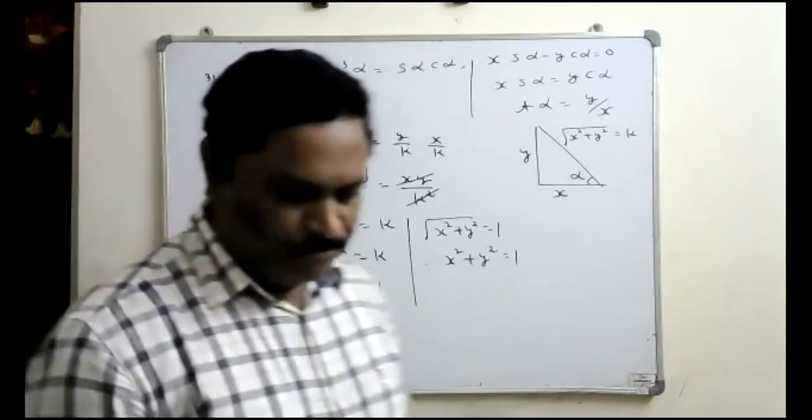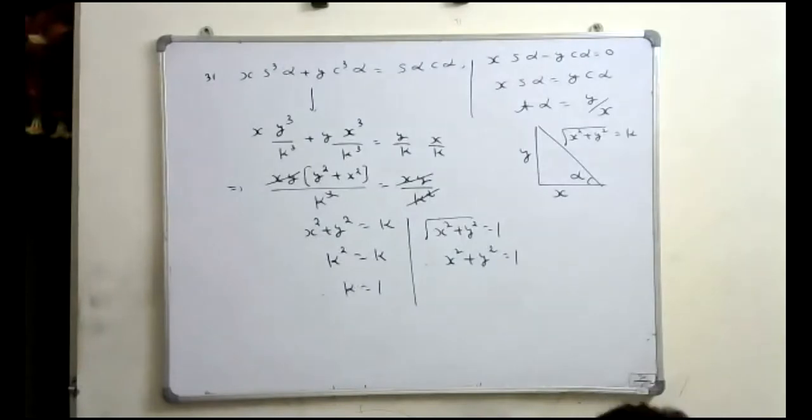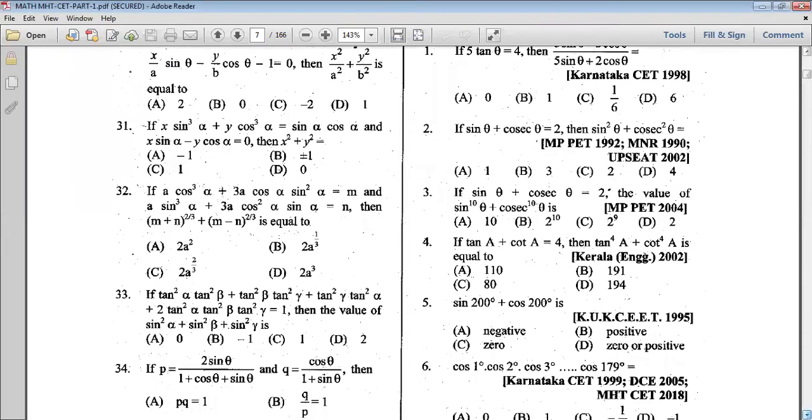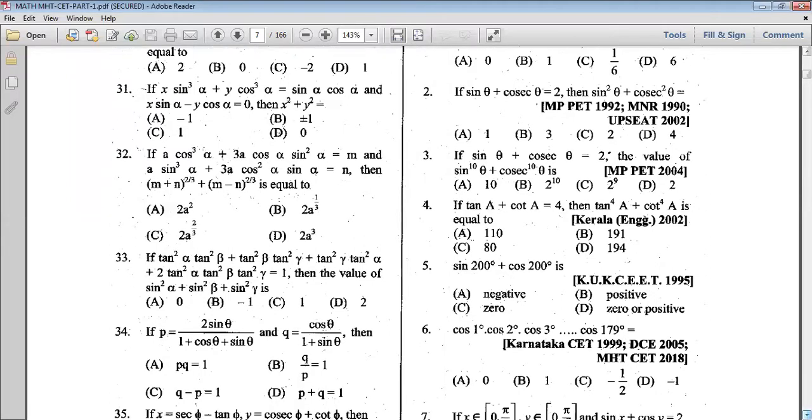Completed. Next, look at the next problem. Look at this problem number 32. So it is the standard question. So observe this problem number 32,